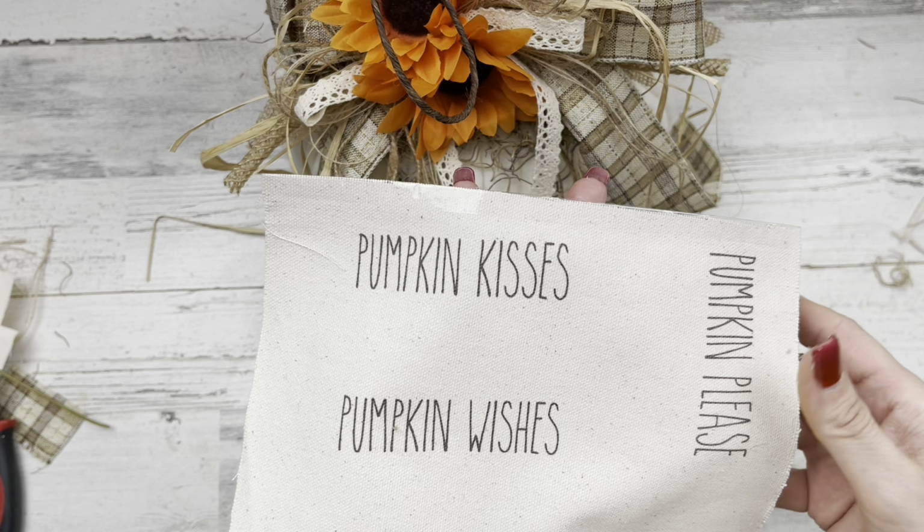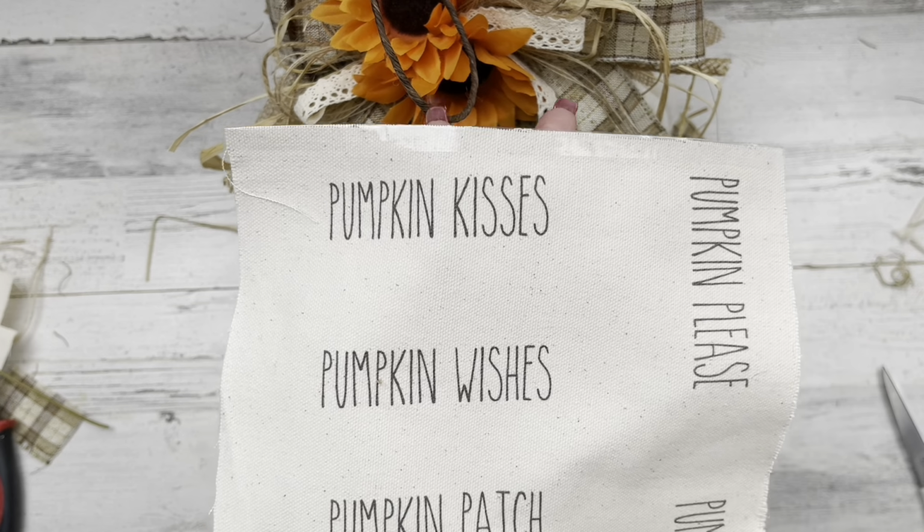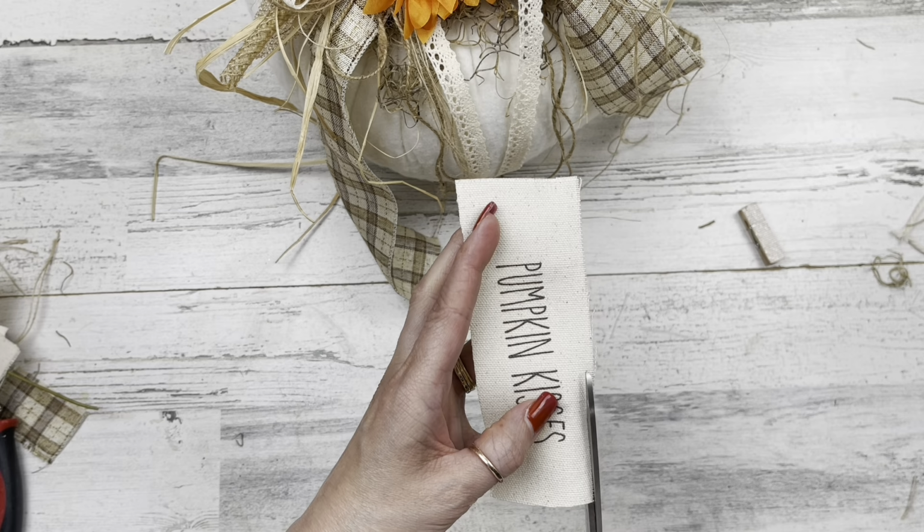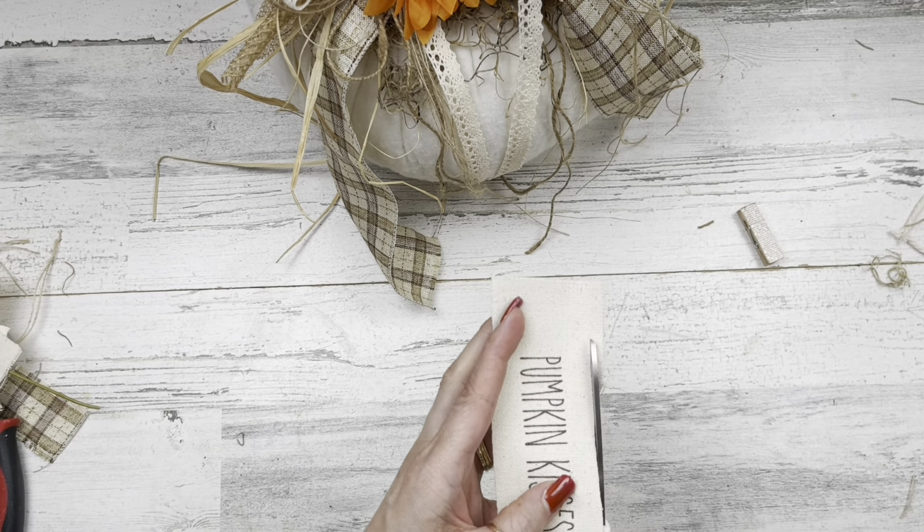And sometimes it'll print crooked. You can see here it's not real straight, but you know, you can get that fixed as you're cutting it out. If it doesn't work for you, you can just print it out on regular cardstock and use it that way. I will have a link to a free printable in my description box on the blog that you can